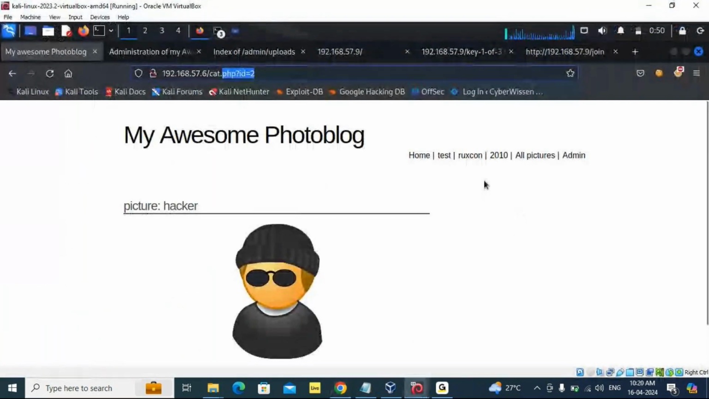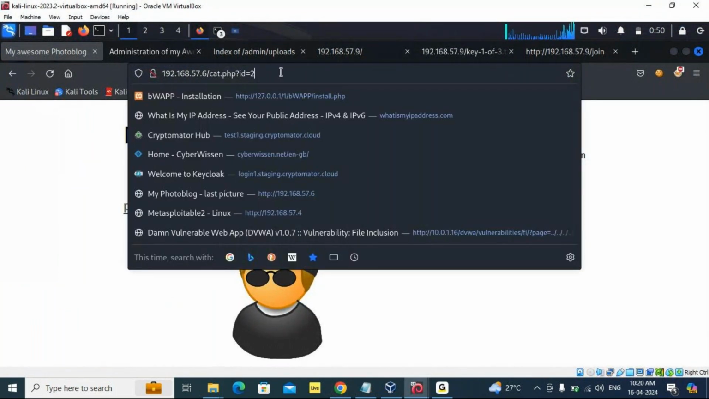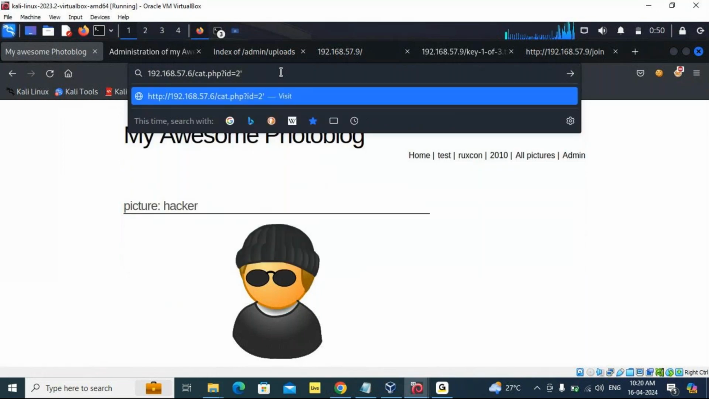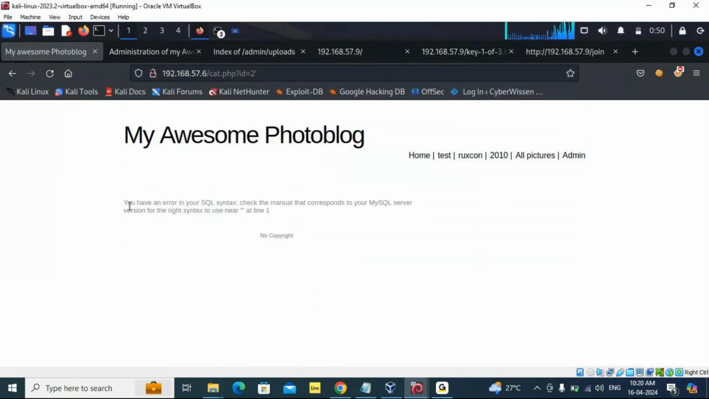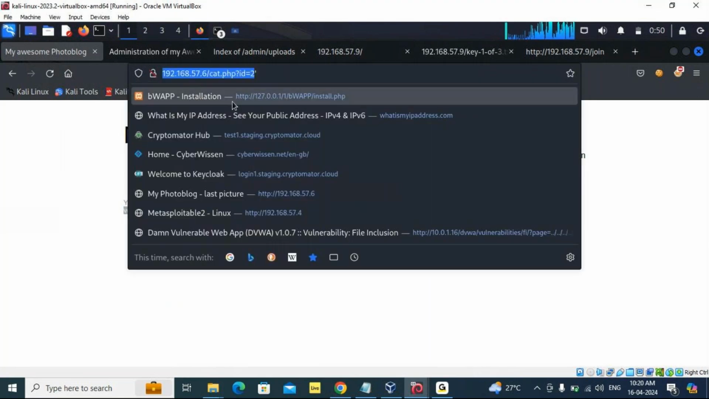So I already found one there. After finding it, I just put a single quote and pressed enter, and because it's already vulnerable, we are getting the error-based SQL syntax query error. That means it confirms it's vulnerable to SQL injection, and the next step was I took the entire URL and